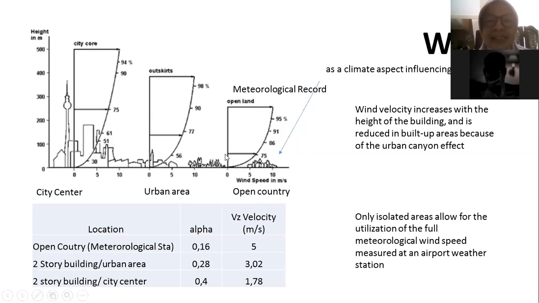The condition of the airport area is open country, we call it open country at 10 meter height. So like this, if the meteorological data says that the wind velocity is 5, we can